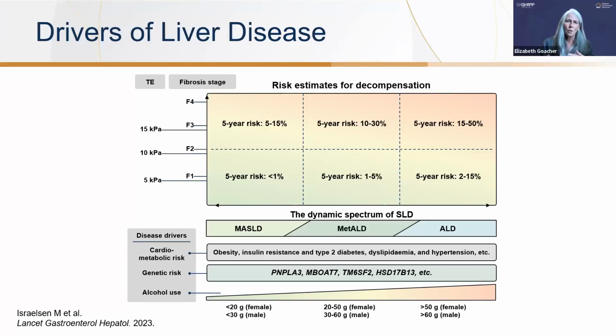And as you go from left to right, no shocker here, the further you go in adding more alcohol injury, the greater your rate of decompensation at 5 years. And so we can see that the MASLD, while it's still a progressor, is the slowest progressor, if we will. Then you add MetALD, it accelerates, and then we know ALD being the very rapid, higher rate of decompensation over time. So the point being here that while MASLD is still something that causes, and MASH can cause fibrosis over time and rate of decompensation, it's the lowest. And while alcohol is the highest, MetALD is synergistically in the middle.